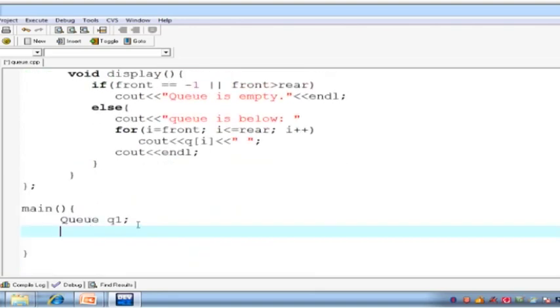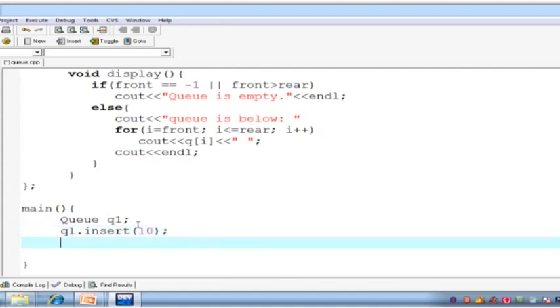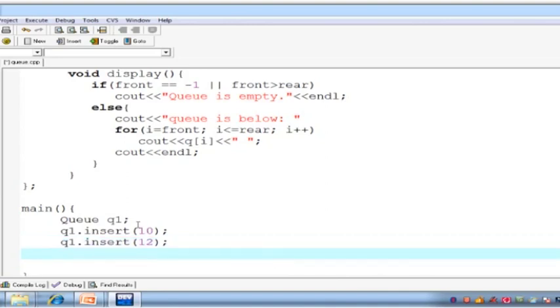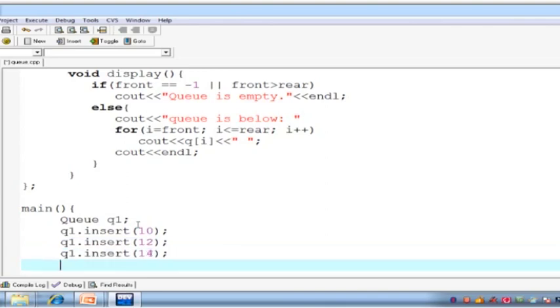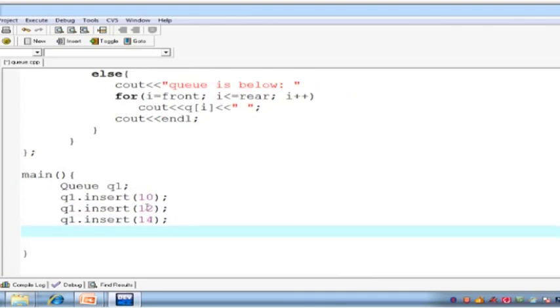and now let's try to insert. q1 dot insert 10, q1 dot insert value 12, q1 dot insert value 14. So ये तीन values हमने insert कर दी. Now let's call the display function, q1 dot display,